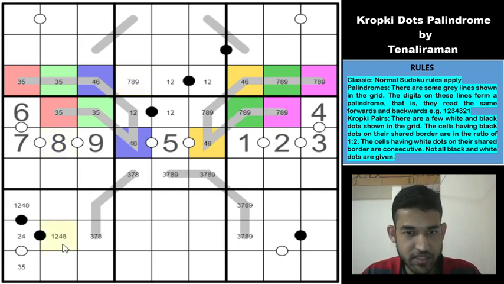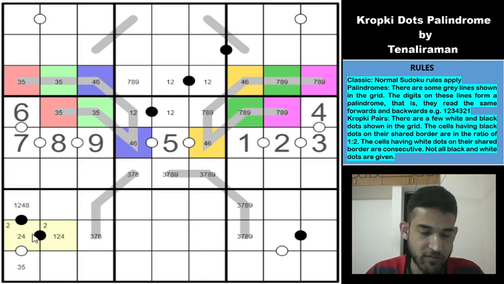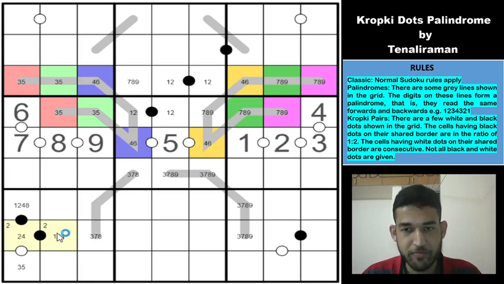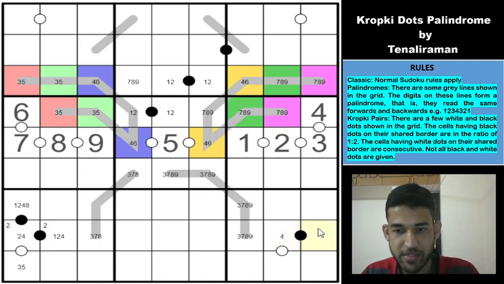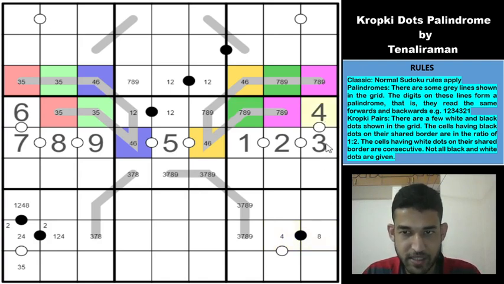Okay, 8 is here, which means 8 can be eliminated from here. So we have 1, 2, 4 here and 2, 4 here, which means that you can get one more deduction. 2 must be in one of these two cells, because if you don't have 2, then this will be 1 and 4 and the ratio will be 1:4. So I think that restricts this one, because we have got some more digits here. Because of the presence of 2, you can't have 1, 2 here, you can't have 2, 4 here. So the only possible options are 4, 8 and 3, 6. So if it's a 4, 8, then 4 must go here and 8 must be here because of the 4 here. And if it's 3, 6, because of 3 here, this will be 3 and this will be 6.